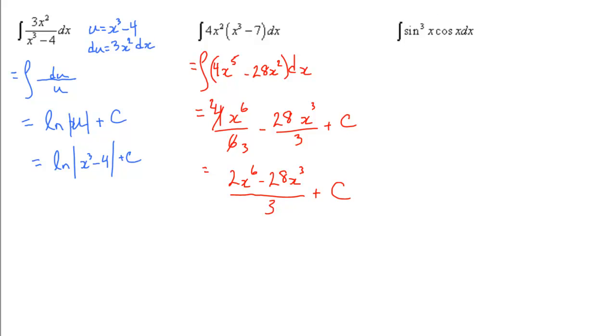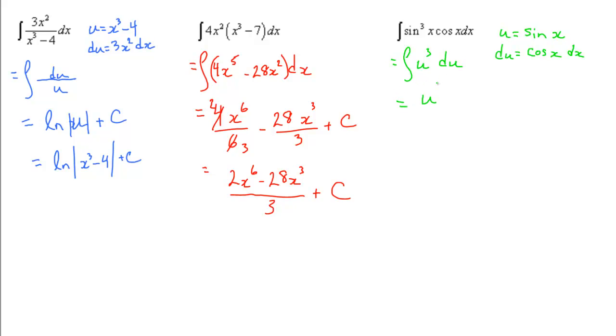This last one then, the integral of sine cubed x cosine x, well, derivative of sine is cosine, so we have a u du. So if u is sine without the exponent, then du is cosine of x dx, meaning when we make the substitution, this becomes the integral of u cubed du,